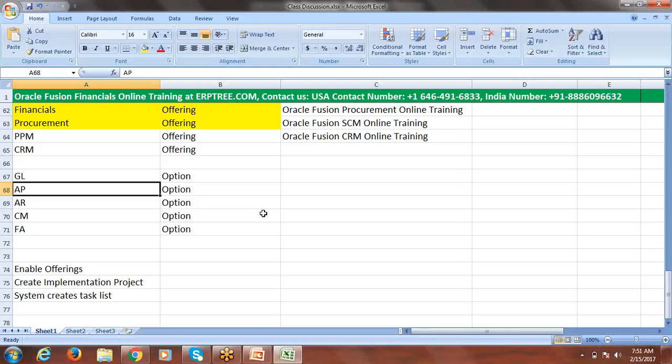How can we do the setups in EBS? If you take the navigation, we'll have a specific function. For financial options, we'll have a function saying setup options, financial options. Financial options is the name of one of the functions. So through a particular function, we can do the setup. A setup is equal to a function. In Fusion, we have a task. Here we call it a task. So in EBS,